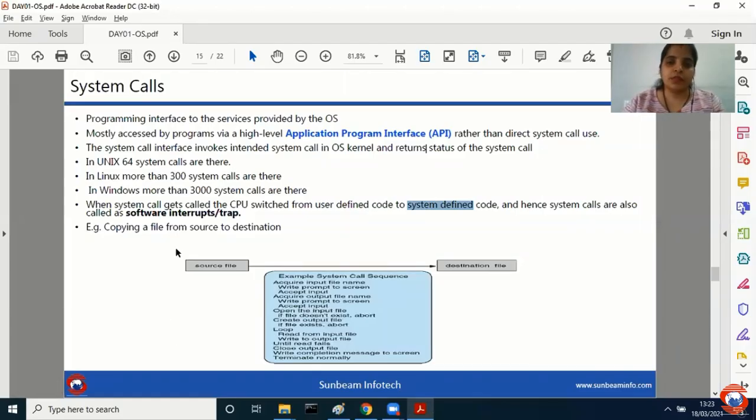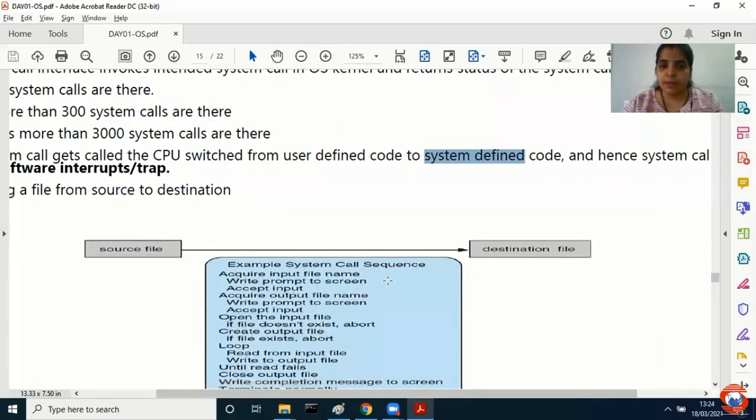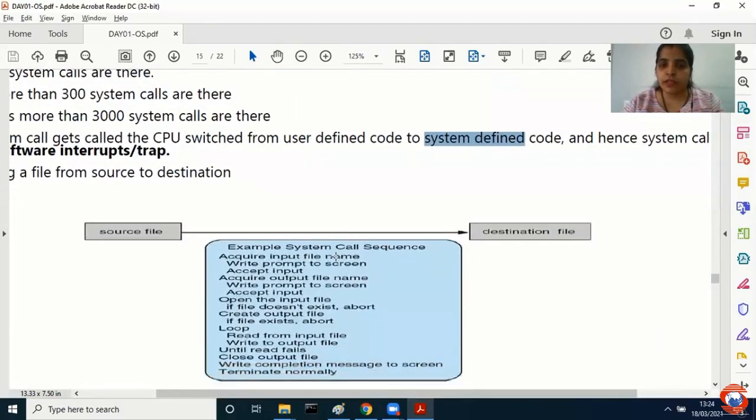All right. So, for example, if I'm saying I have a source file and I have a destination file, the system call sequence is, maybe I acquire the input file name, maybe it will ask me something on the screen, maybe I'll accept the input, maybe I'll acquire the output file name, write to the screen, accept the input, open the input file.